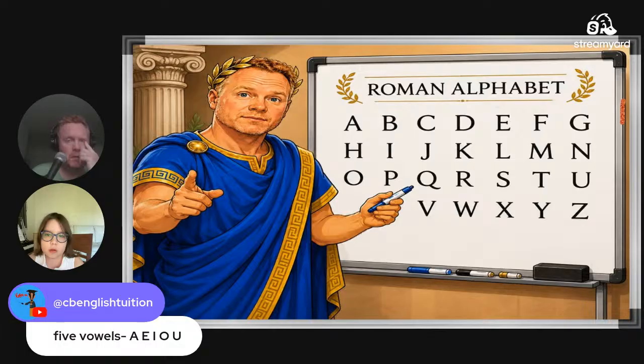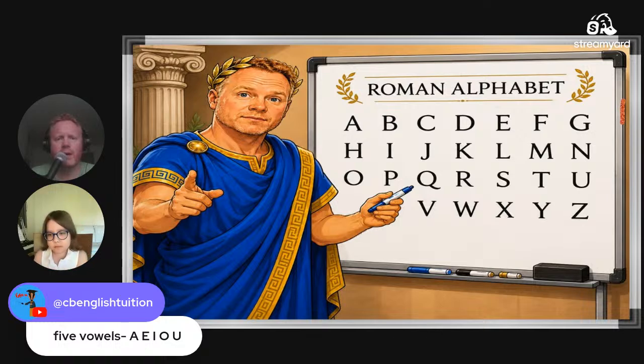The second group is consonants. Consonants, plural. Yes, good. And what are the consonants? All the letters, without the vowels. Yeah, not including the vowels. So let's just do the first 5. Can you give me the first 5 consonants? B, C, D, F, G. Yeah, it goes on like that.